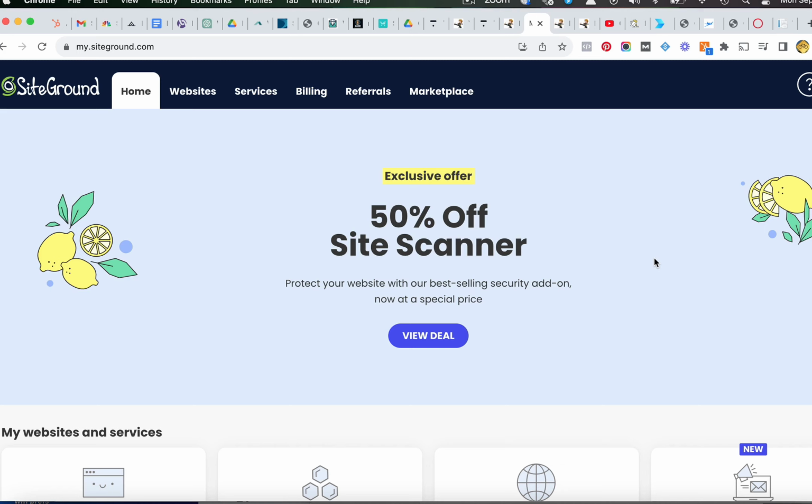So now the first step you need to do is to go log into your hosting account. And I'm using a company called SiteGround I'm very happy with. If you have another host, that's fine. Keep in mind that different hosts have different control panels, different dashboards. The look of the site will be different. SiteGround has their own custom one.